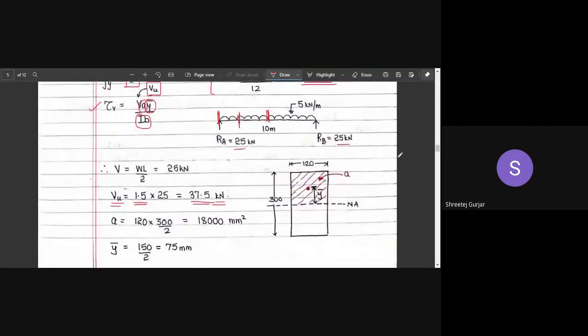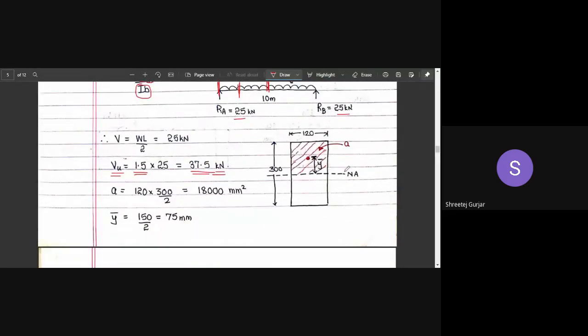I have told you what A is. We have to consider the neutral axis, where your shear stress is maximum. In the shear stress distribution, if you remember, it is in this format, and it is maximum at the neutral axis. So we will consider the maximum value, that is at the neutral axis. The area will be from the top to the neutral axis. You can also consider from the bottom and you will get the same answer. You have to consider this particular area.